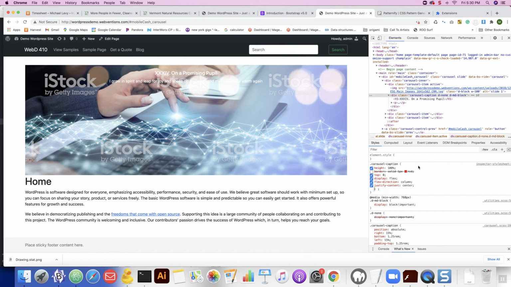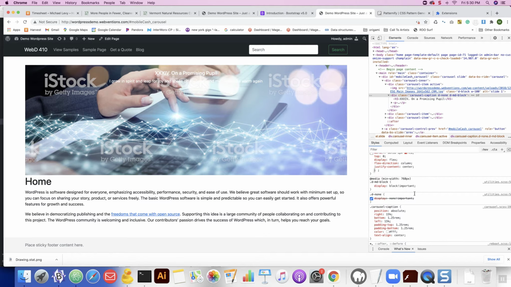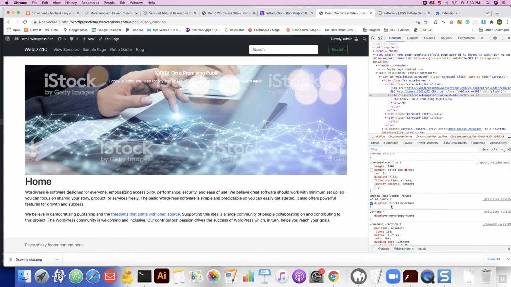So if I look further down in the rules, one thing I can see is that it has display block set below with the marker important. And what the important marker does is it makes this rule override other rules even when they should supersede it in the style sheet hierarchy. That's why it's typically not recommended to use this important feature of CSS, because it can be kind of annoying to get around. But the way that we will get around it